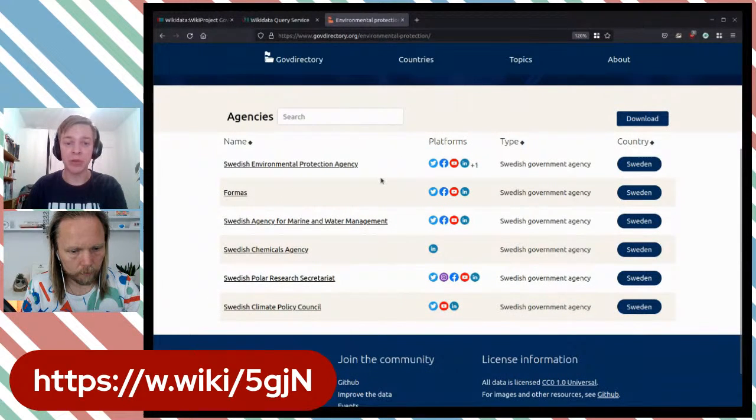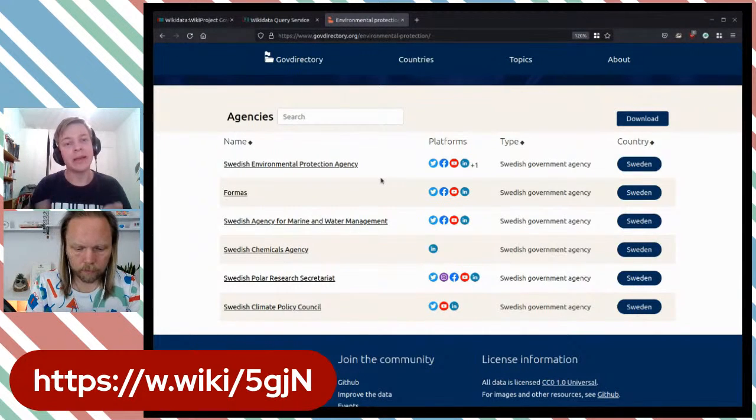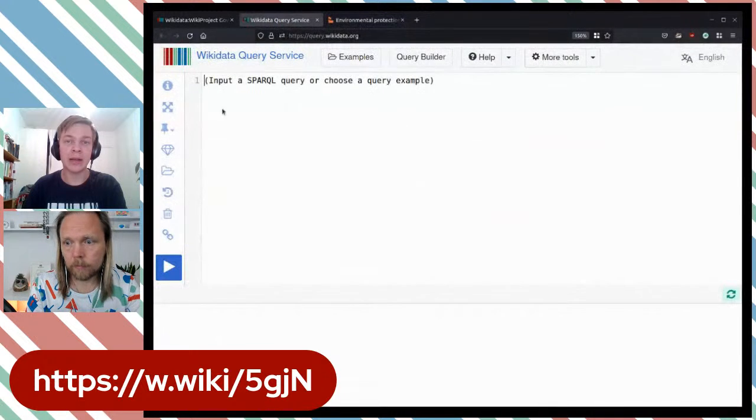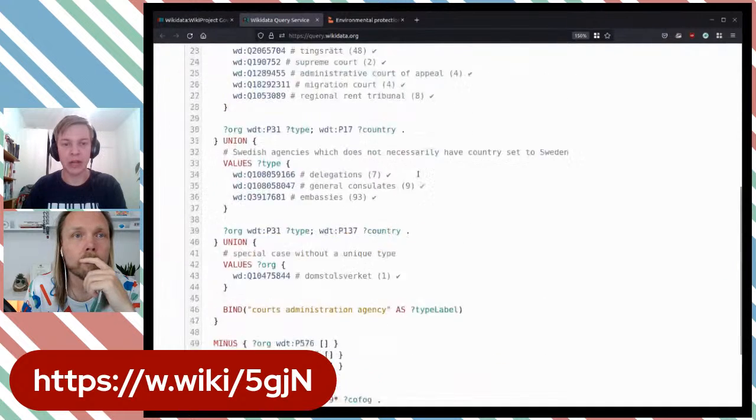So I want to take, for example, Sweden, where we have coverage today, and compare field of work with this CFOG property, as it's called, and maybe do a bit of editing to see if we can bring up coverage in some easy way. So that's where I'm starting, and we have these huge SPARQL queries for countries,